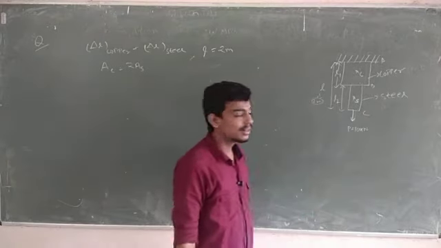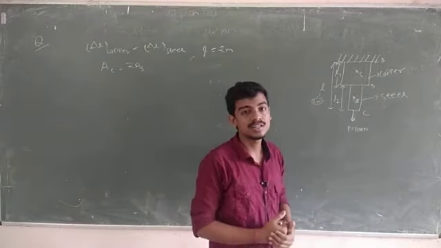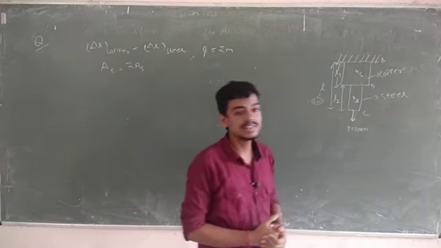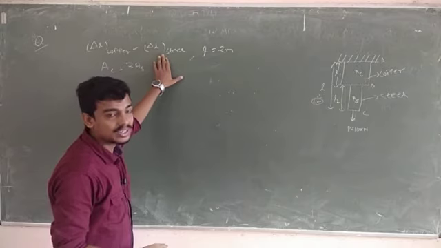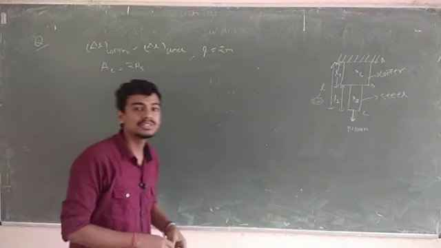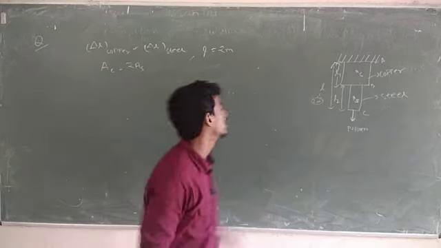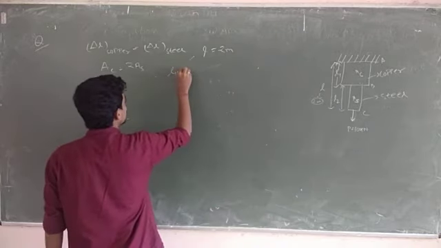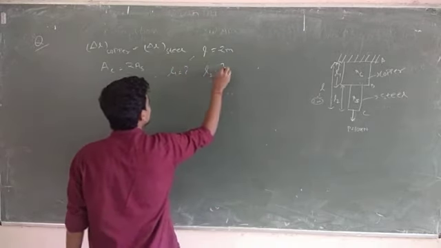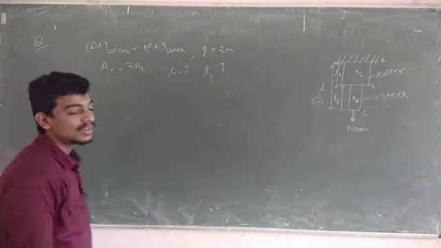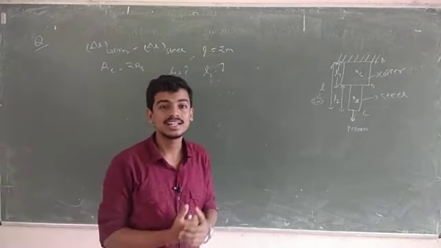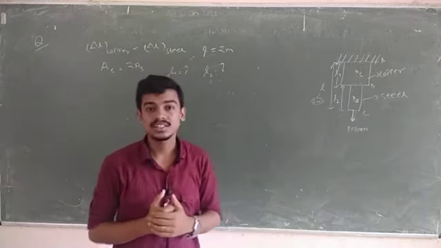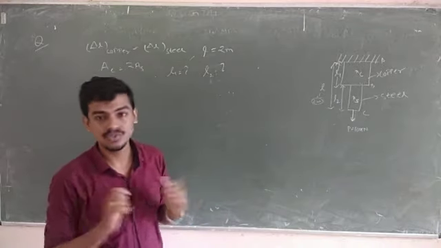Okay, and the tensile load value is also given, 100 kilonewton, and it is given that the elongation of copper is equal to elongation of steel. Okay, so it is asked to find out the individual lengths L1 and L2. So always, if you are conceptually strong, then you can solve any problem. In this problem it is given that the elongation is equal, so put just the formula.